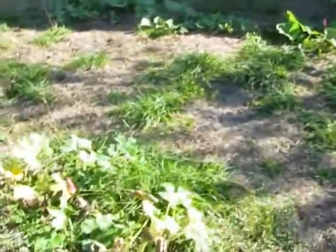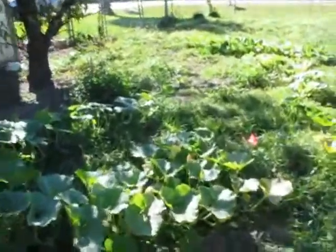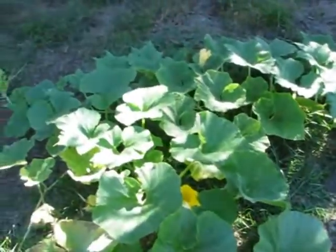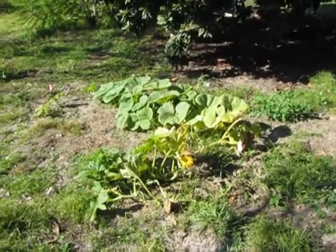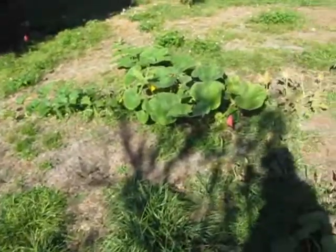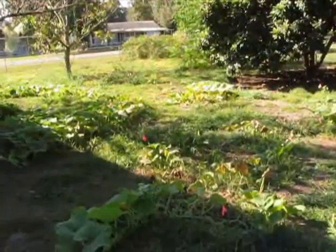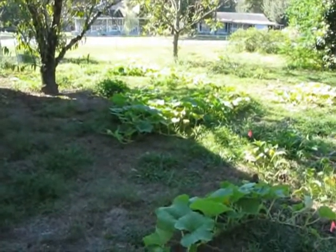So, yeah, totally, that one was pollinated on its own. I don't know if there's any other pumpkins out here. I hope so. It's funny that this is the one. I haven't done anything special to this garden. It's kind of on its own. And despite the lack of special treatment, this is probably going to be the one that will give me my first ever pumpkin. Yeah, I don't trust the one in the other patch because of what keeps happening,